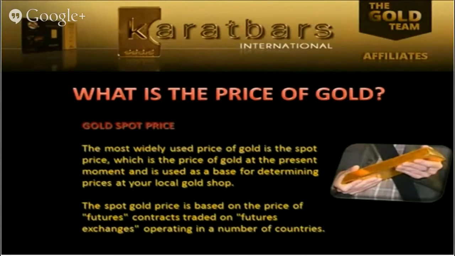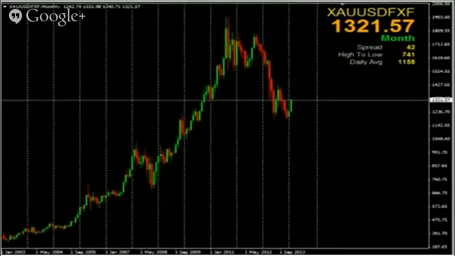Now, I tried to get my mind around this, and this is the analogy that I came up with. It may or may not be entirely true, but it'll give you a different view on this spot price. I'll just show you the spot price right now, by the way. There it is. That's a trading chart, and the spot price for gold, it says XAUUSD, so it's the price of 1 ounce of gold against the US dollar,